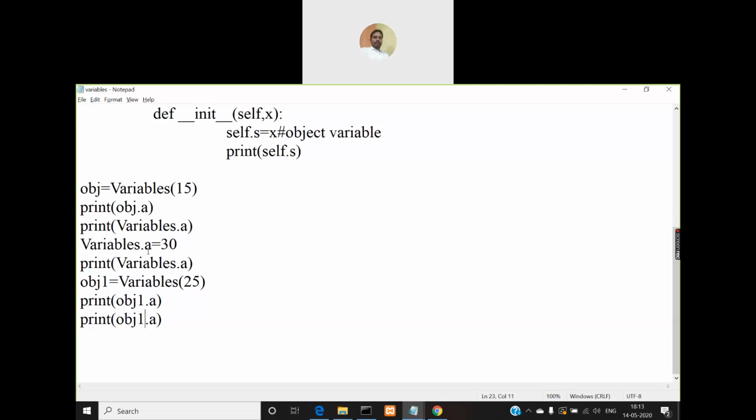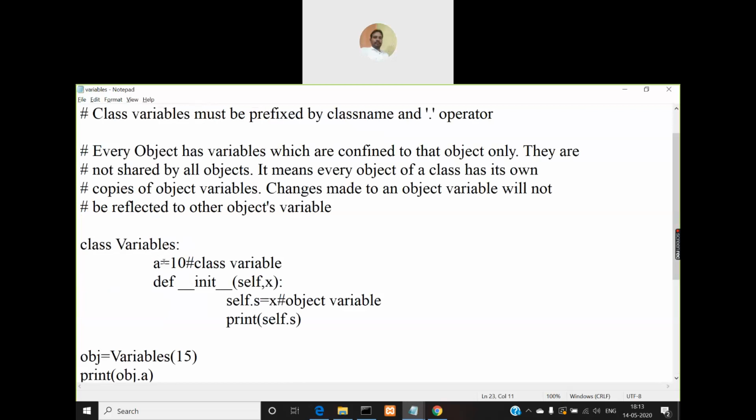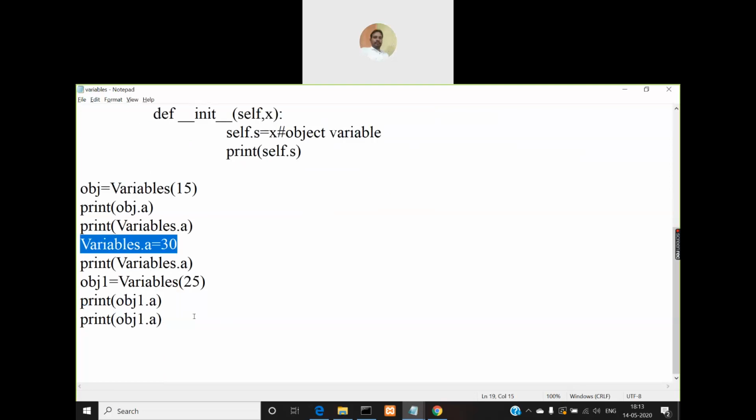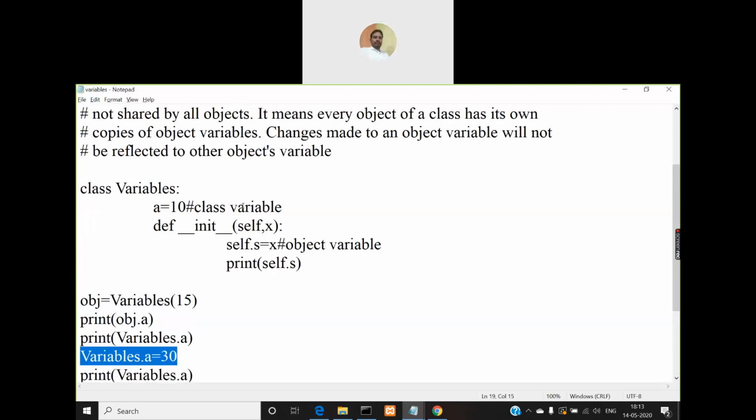Earlier, first we are initializing it with 10 in the class, but later we are modifying it here with the statement variables dot a is equal to 30, right? So it will be modified. You can create any number of objects, and using any object you try to access that class variable, the class variable value will be the same, because the class variable is shared by all the objects.